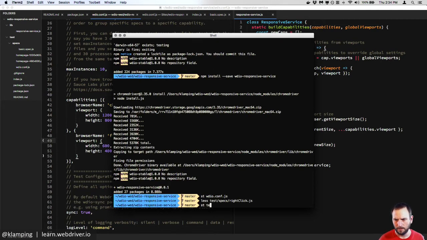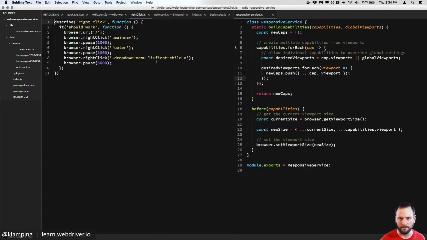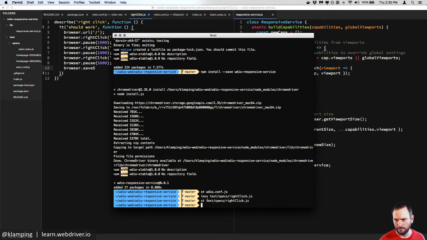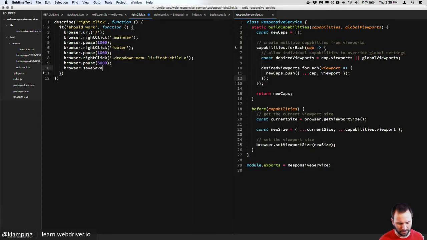I'm gonna edit that. So ST, if you haven't watched my stream before, is short for Sublime Text. And basically it's just a shortcut I created that will open the file that I pass in. So I take this file and I pass it into Sublime Text and it opens it in Sublime Text for me. Save,